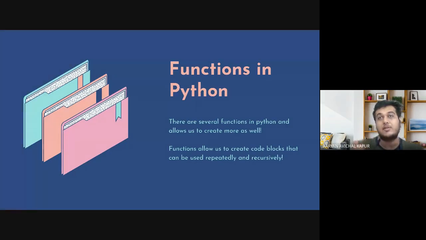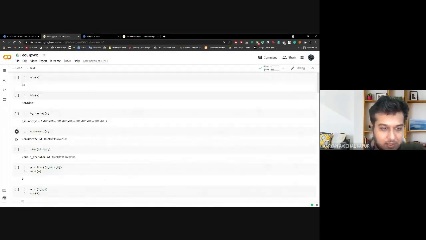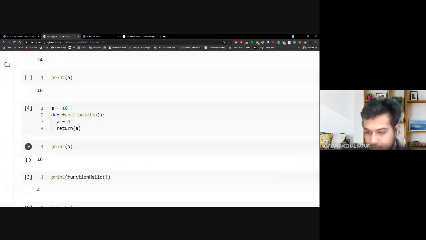But if I have to do this for 1,000 numbers, I will have to write this code 1,000 times. So what I do is I create a function called is odd, and in that function I simply write: if the given number is divided by 2 and the remainder is 0, then even, else odd. This is the way that functions would help me. They also help us with recursion, but that is out of the scope of the basic code, though we will focus on it. Let me open the code screen and show you what I mean exactly. My code screen is visible to you, I'm assuming.